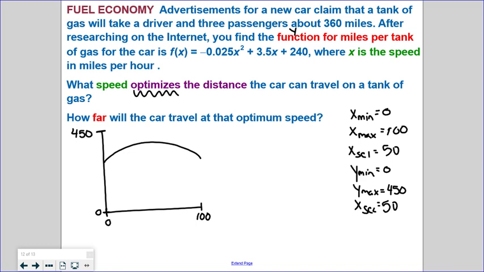You guys have this beautiful function on your calculator that finds that. Go find that. Put your bug a little bit to the left of the top of this hill. This is a very wide hill, but there is a top to it, right? Put your bug a little bit to the left of it, a little bit to the right of it, enter to skip guess. And it's going to give you an ordered pair where that maximum, that optimization of this function, is happening. And then we need to talk about what those numbers mean so that we can answer the question. If I remember correctly, it was something like 70,